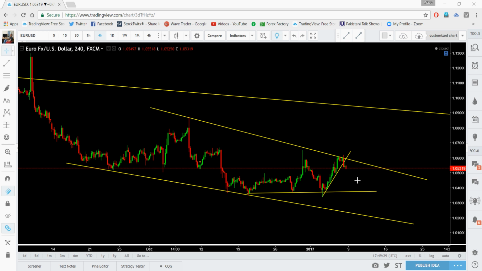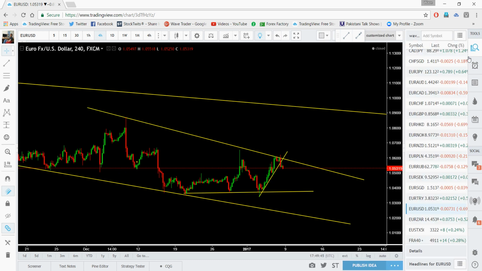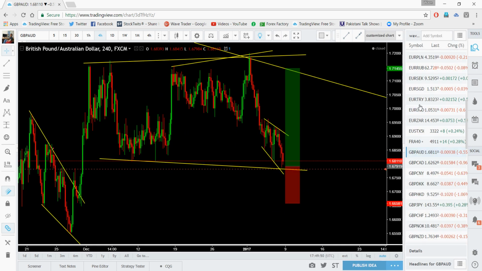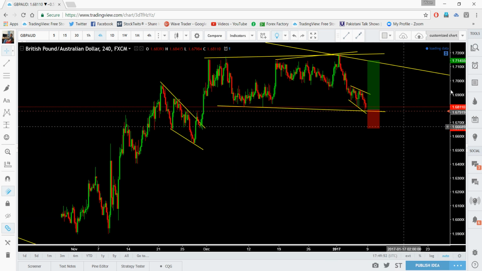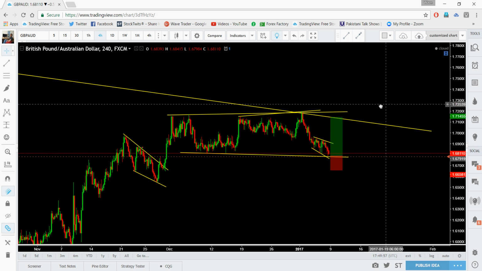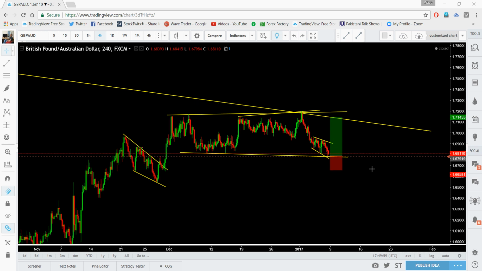Then we're going to look at price action here, either price is going to reverse to the upside or not. All right, if you sold, then stay in this trade. When our price was hitting the bottom, we were looking to the upside, and once price hit the top, we look for a sell. We will look for a sell at this place